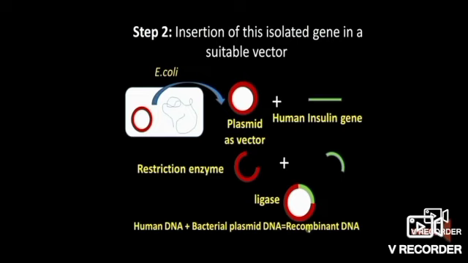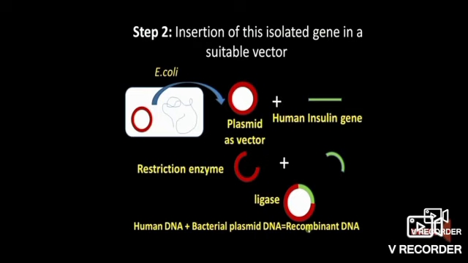So here you can see in the left white bacterial diagram, the E. coli diagram, you can see the plasmid, red color circular plasmid. Plasmid is our vector here. So most often here we are taking plasmid as our vector. Plasmid is extra chromosomal DNA present in bacteria. So you can see here on the left hand top corner an E. coli bacterial cell, a rectangular white colored E. coli bacterial cell, inside which there is a circular red colored plasmid. So this plasmid we are going to take as our vector.